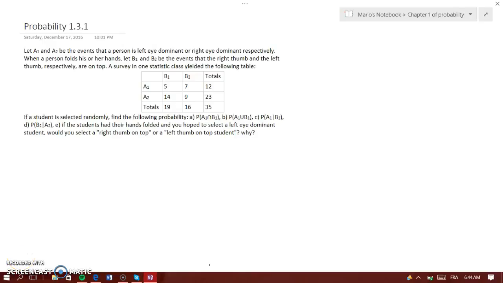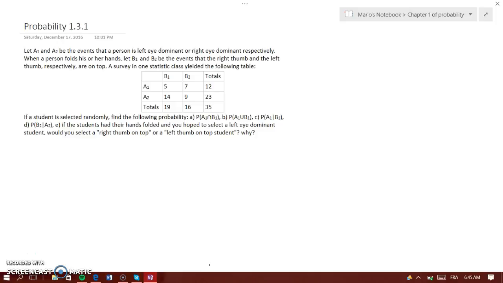In this example, we are going to do some more set theory and move into probability. There is a survey, and we found that there were people with left eye dominant and right eye dominant, respectively. Also, when they fold their hands, B1 is the right thumb on top and B2 is the left thumb on top. After the statistics survey, you have this table, and they're asking to find A, B, C, D, and E,